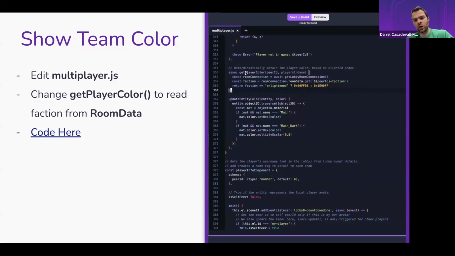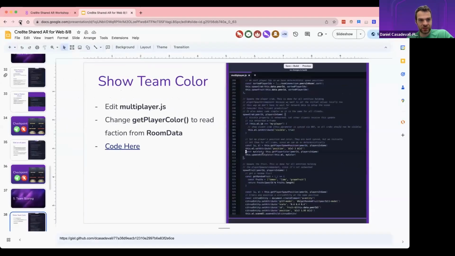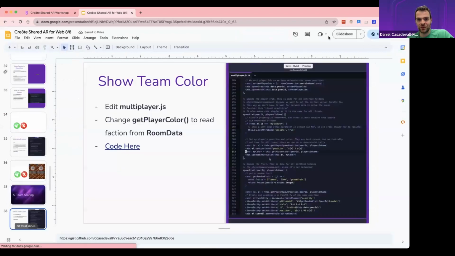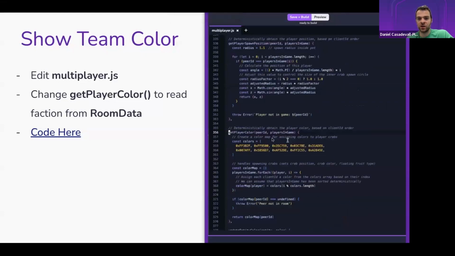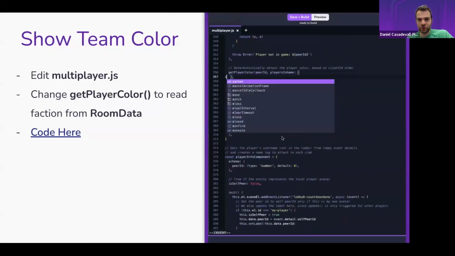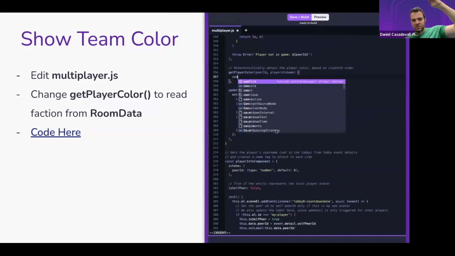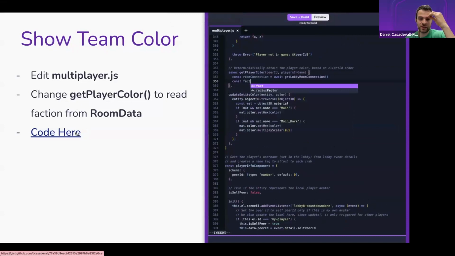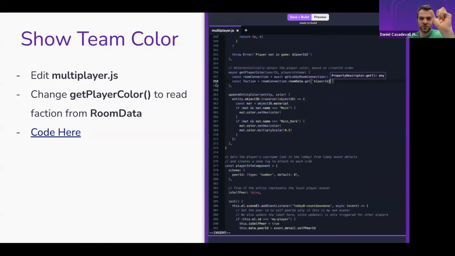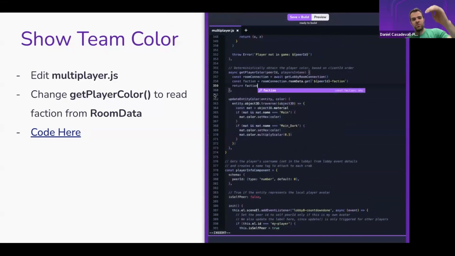Very important as well, the get player caller now is a promise. It's an asynchronous method. So I'm going to reload the page so you see one more time. But this is now awaiting. So my caller equals await this get player caller. And that was also very quick, but you also have to bubble up the asynchronous method. Spawn Cre8te also became asynchronous. This is also all explained in the gist, but just be careful when you change something to asynchronous, when you make something a promise, everything has to bubble up to also be a promise.